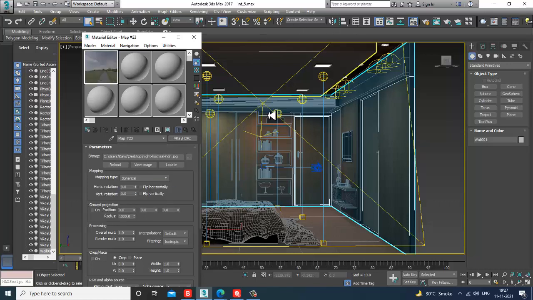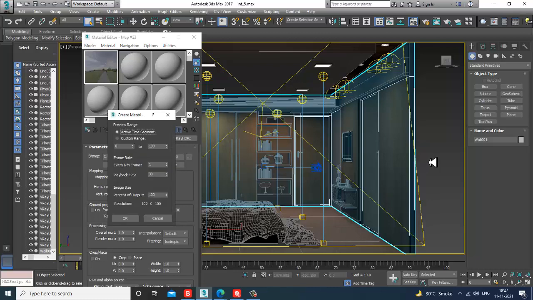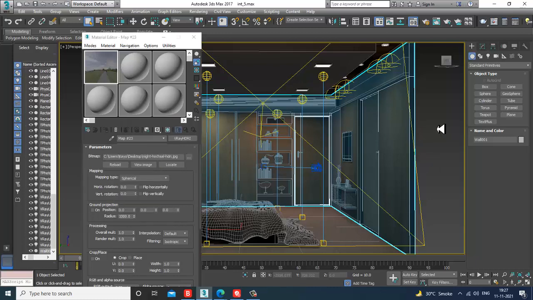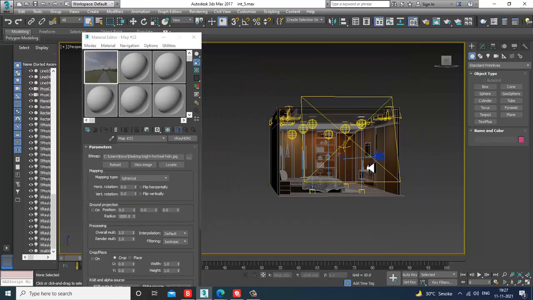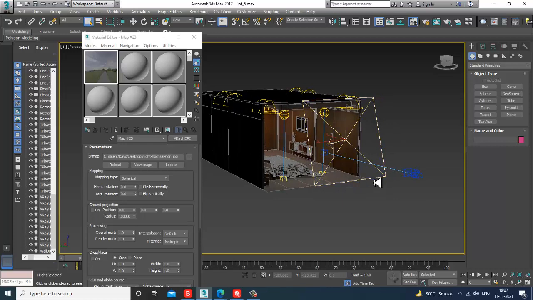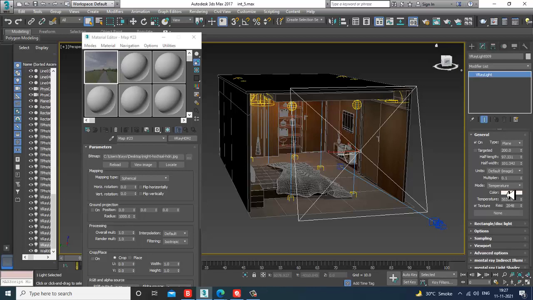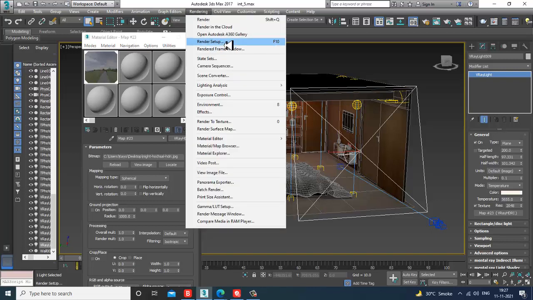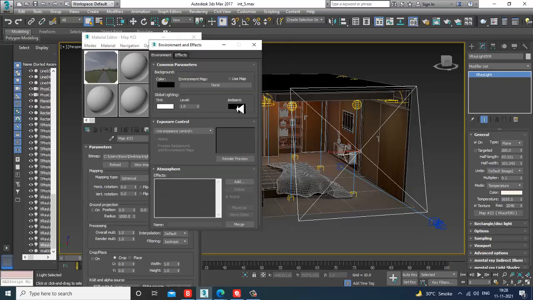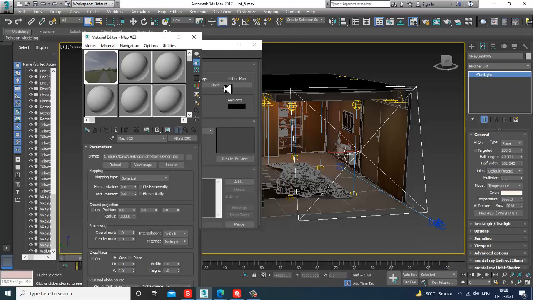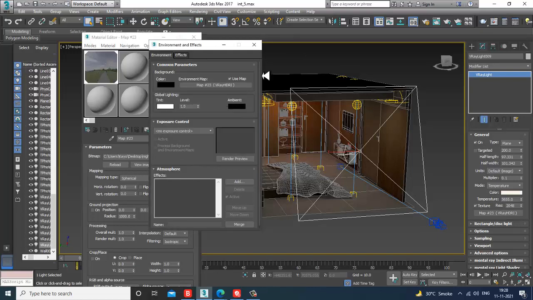Now what I'll do is I'll just turn this off. I'll select this light and I'll drag this HDRI map into the texture of this. Go into rendering, environment, and I'm going to drag one more HDRI map over here.